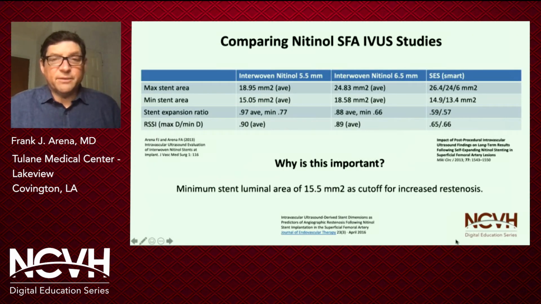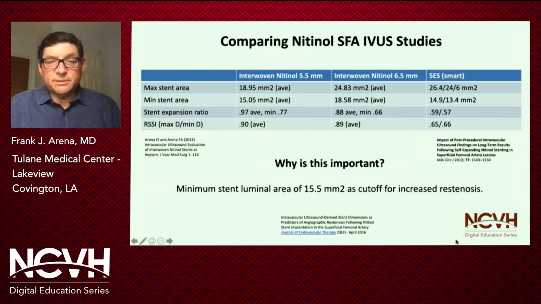So why does this matter? There are, again, not many studies that were done with IVUS, but there are 2 that I was able to find that are roughly comparable. And what we saw in interwoven nitinol that had very good average and maximum stent areas of 19 and almost 25 square millimeters, which was similar to the smart stent, but the minimum area was generally a little better with the interwoven nitinol at 15 and 19 square millimeters, which was better than the 13 and 14 of the smart